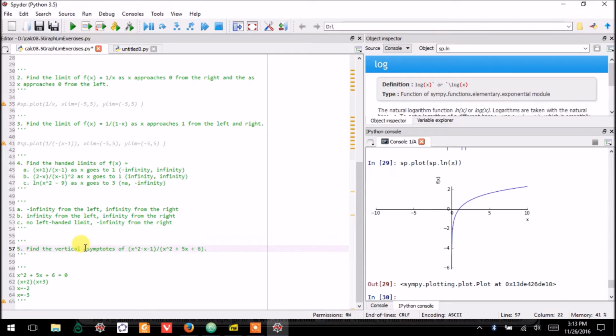Now for the next problem. We want to find the asymptotes of this. That's where the denominator is 0. If you factor this, you get x plus 2, x plus 3, and